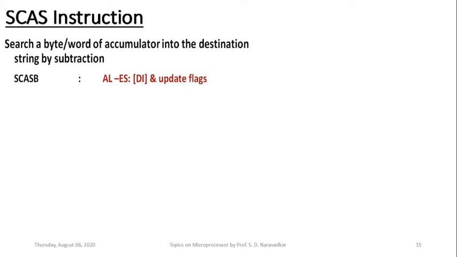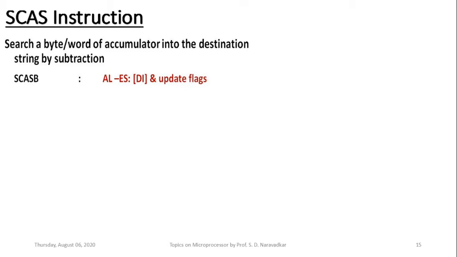Okay, so at one particular point, if the byte which is to be searched, which is now in accumulator AL, matches one of the bytes within that destination string, then in that particular scanning, we get the zero flag set to 1. And subsequently my scanning is over and successful. That offset location which is given by DI is nothing but the memory address within the destination string where the searched byte is successfully found.